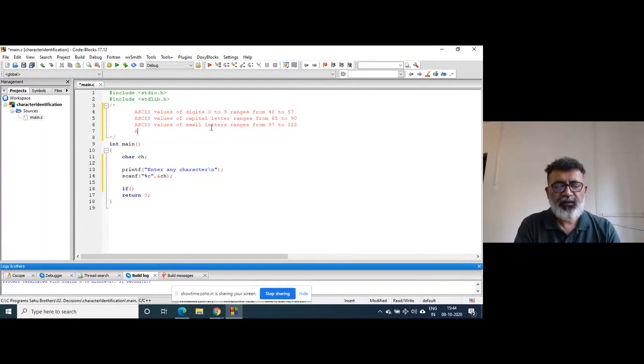And ASCII values of special characters range over whatever lies in between these.